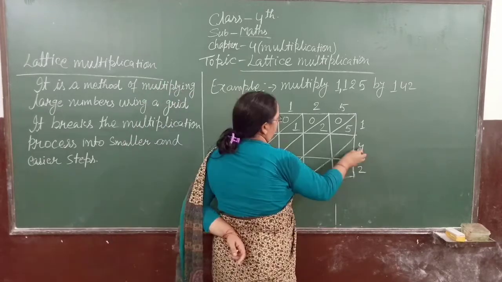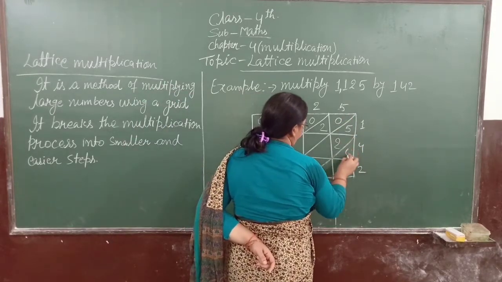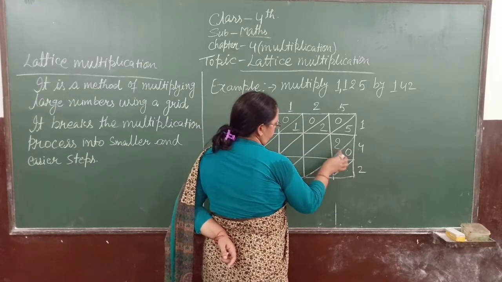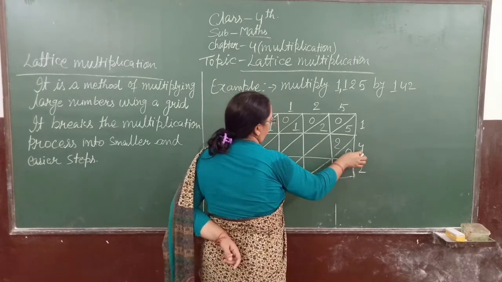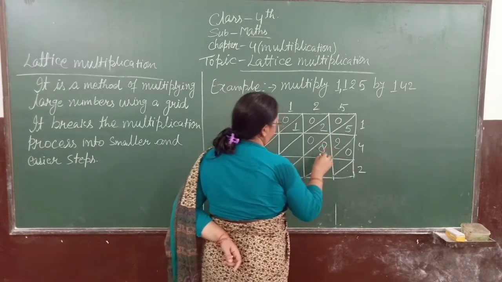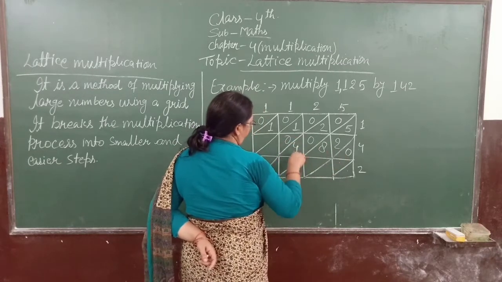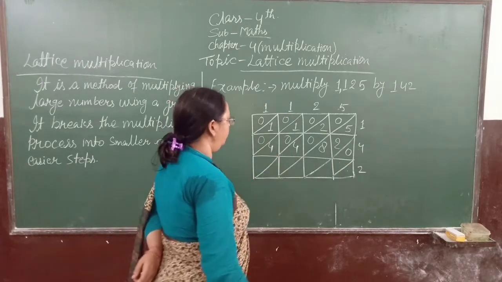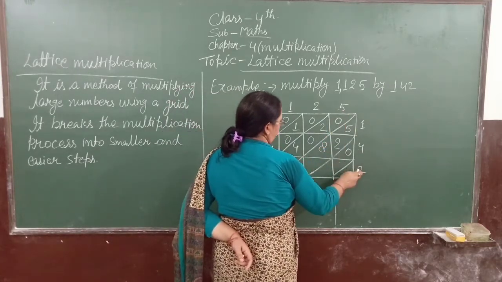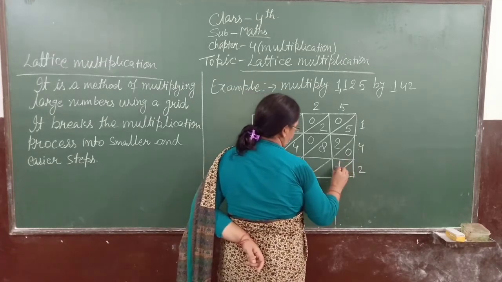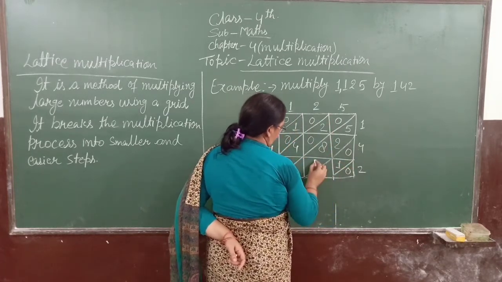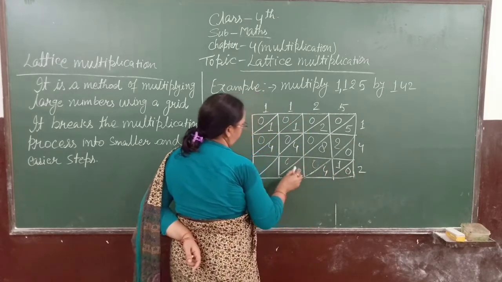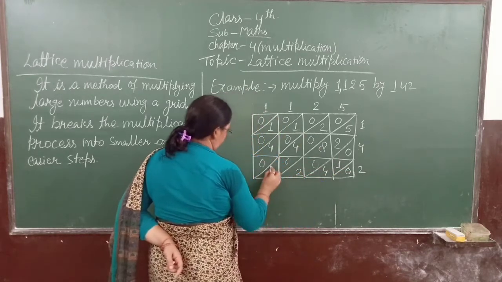And now we multiply 5 fours are 20. 2 in the tens place digit space and 0 in the unit place space. 4 twos are 8. 4 ones are 4. Now again multiplied with the 5 twos are 10. 2 twos are 4, that is 0 4. 2 ones are 2, that is 0 2. 2 ones are 2, that is 0 2.